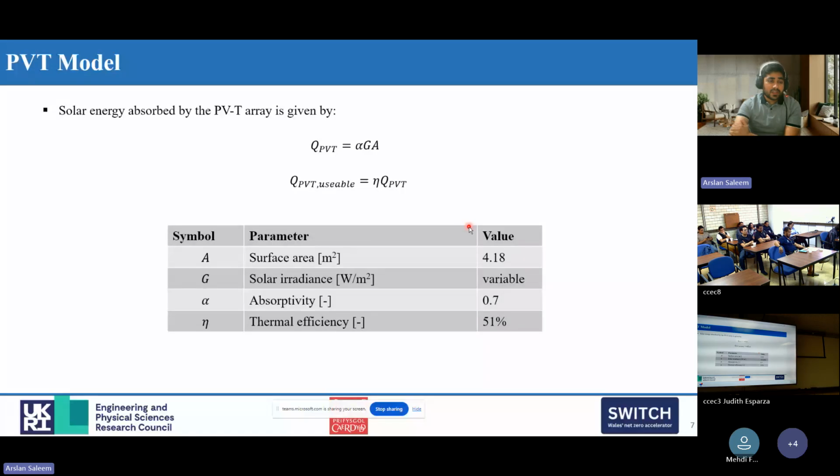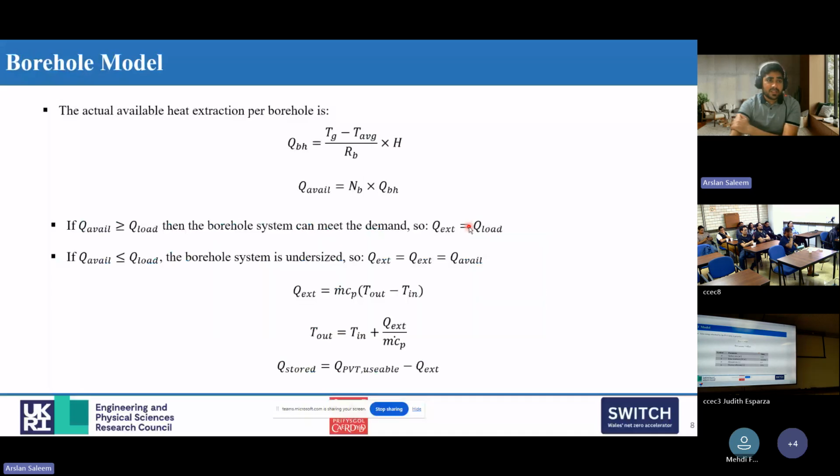So these are the equations for the calculation of solar energy, where some assumptions were made with regards to the absorbability of the solar panel, the efficiency of the heat exchangers, and the thermal efficiency of the PVT panel itself. These are the borehole model details, how the heat extraction per borehole was calculated, and in the model it was ensured that the borehole is able to meet the thermal demand of the system,